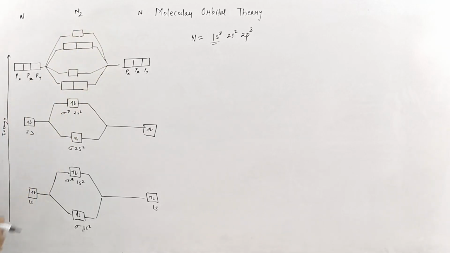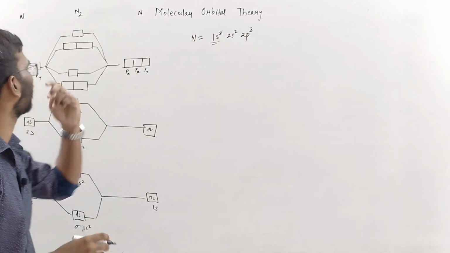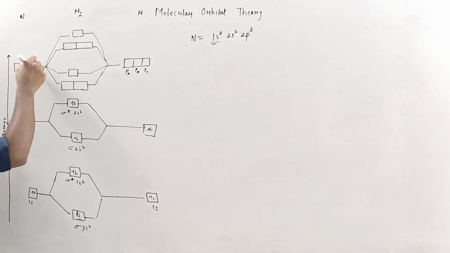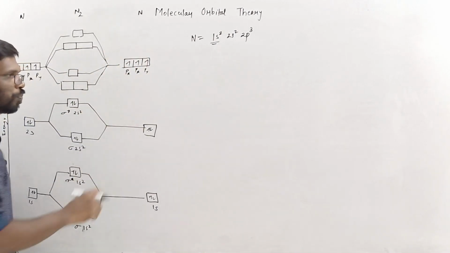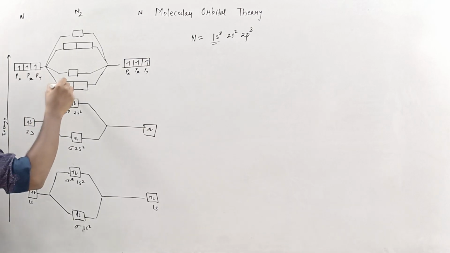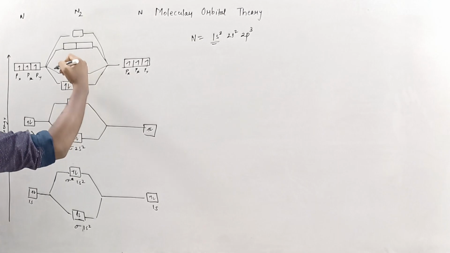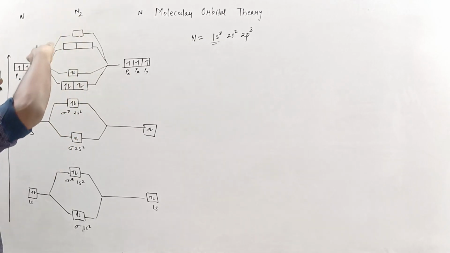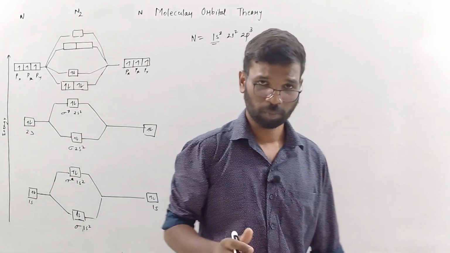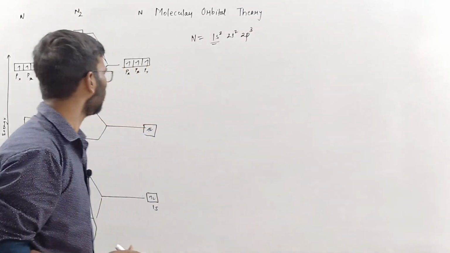So in this case, there are 3 electrons in a p orbital, 1 2 3, 1 2 3, so a total of 6 electrons. First 1 2 3 4. This is the lowest energy, although bonding. This is the highest. There won't be any electron going into the anti-bonding molecular orbital of nitrogen, right?